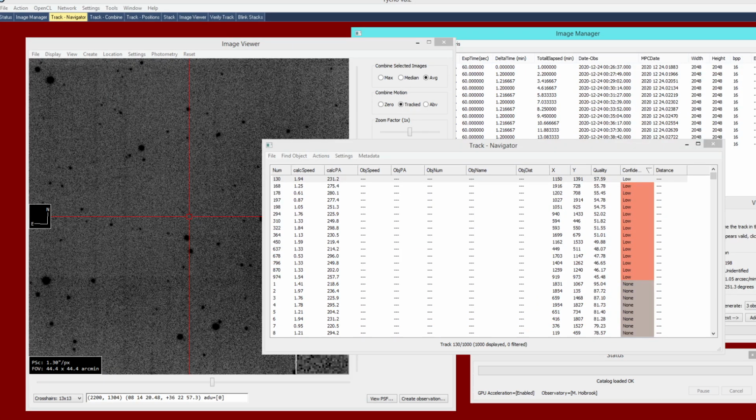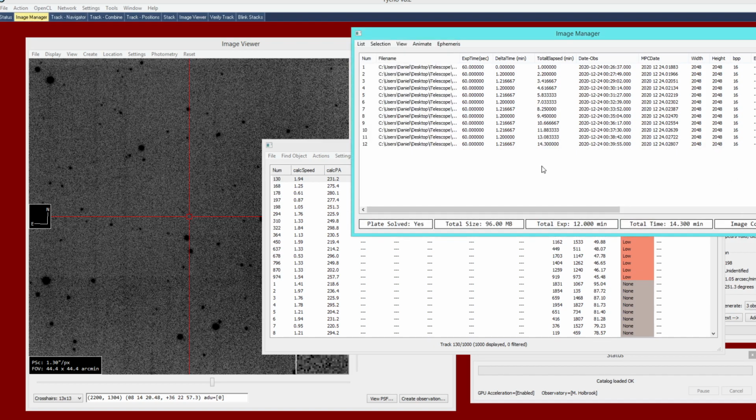One more example is an extreme example. Here I have a data set where the camera is different, the number of images are different, and so forth. The camera has a lot of hot pixels. There's no dithering performed in this data set, and there are also a lot fewer images. There are only 12 images versus the previous data set had 60, which means that when you have fewer images, you also have fewer